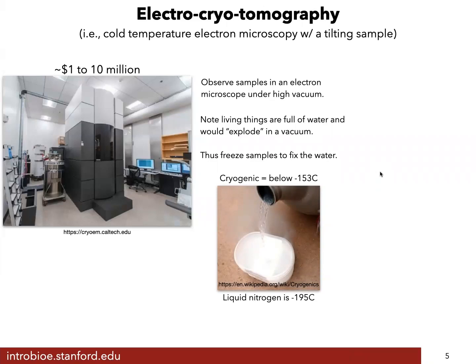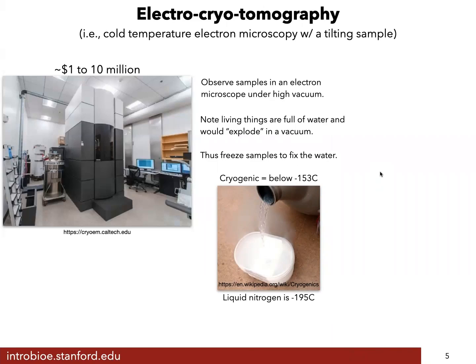Cryo is any temperature below negative 153 Celsius. Well, liquid nitrogen, that's convenient. If you cool down nitrogen so it's a liquid, it's negative 195 Celsius. Practically what you do